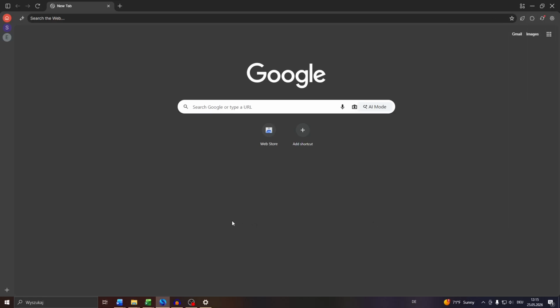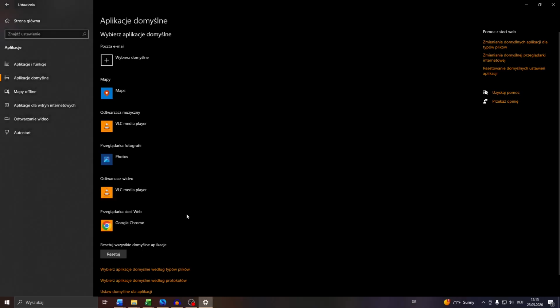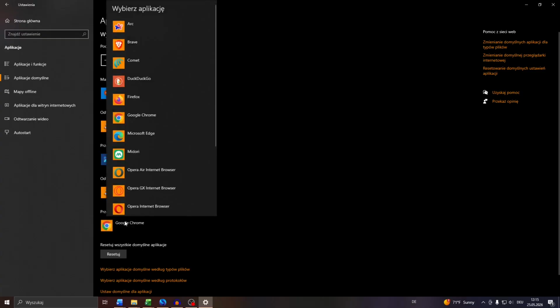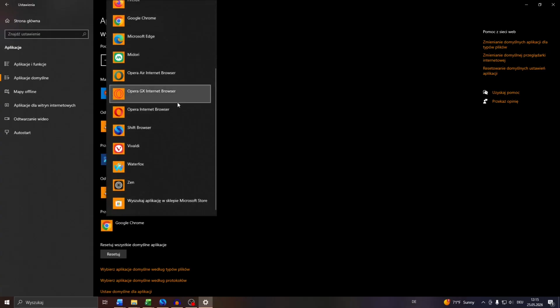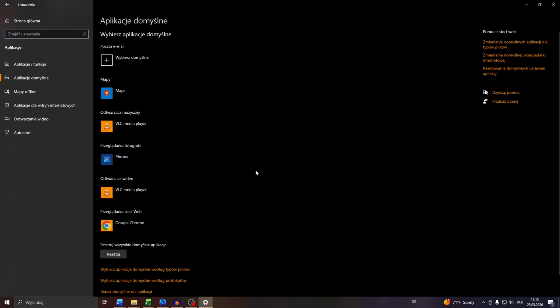Option number two, guys, if you're on Windows 10 or 11, for example, you may navigate to your application settings. As you can see, the interface language is not English, but you will find the same feature in your interface language here with the default browser, which is set to Google Default for me. So click into that menu and then look for Shift, select it,